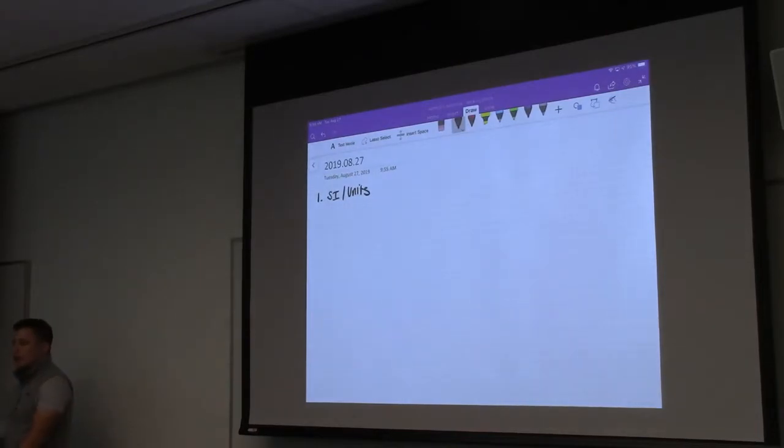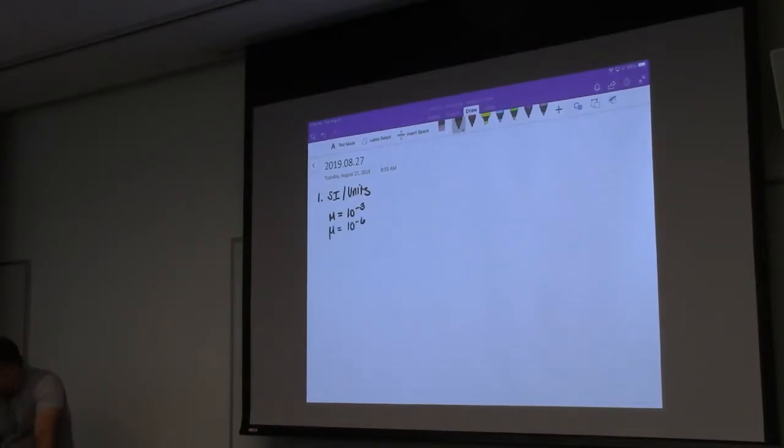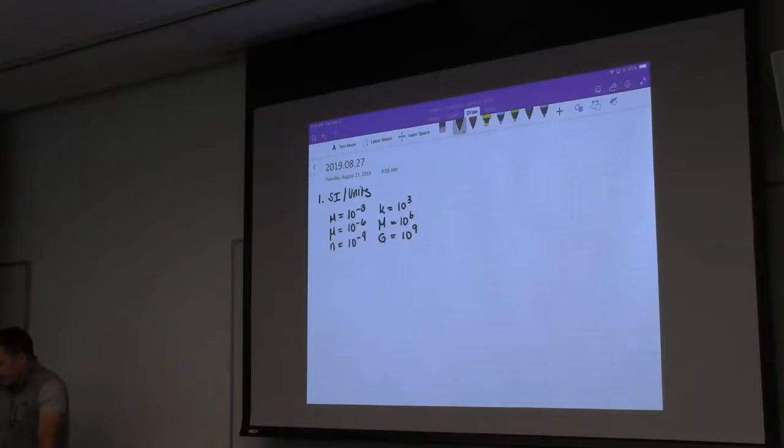Hopefully, everybody's familiar with units, stuff like milli equals 10 to the negative 3. Micro, which is a mu, equals 10 to the negative 6. And then nano equals 10 to the negative 9. Obviously, there's stuff on the positive end. K equals 10 to the 3, and big M is 10 to the 6. Big G, 10 to the 9. So we'll talk about things like kilovolts, megawatts,